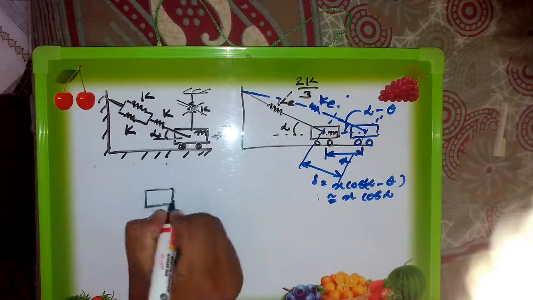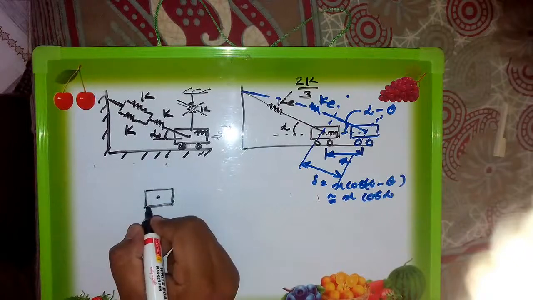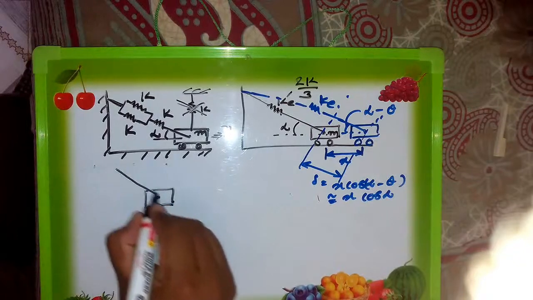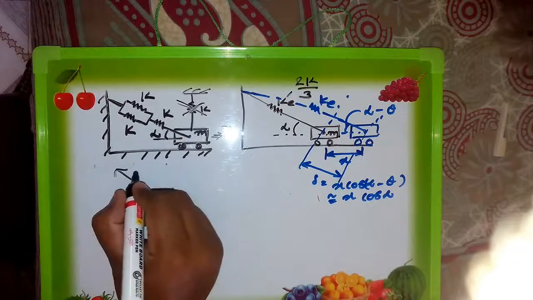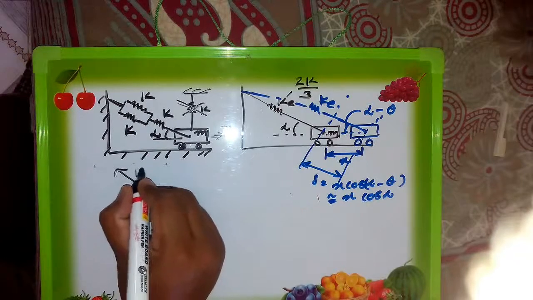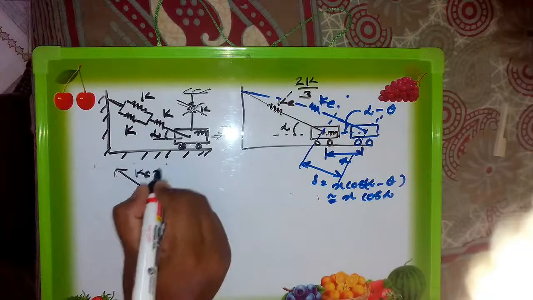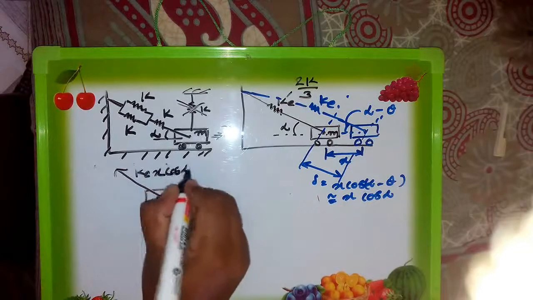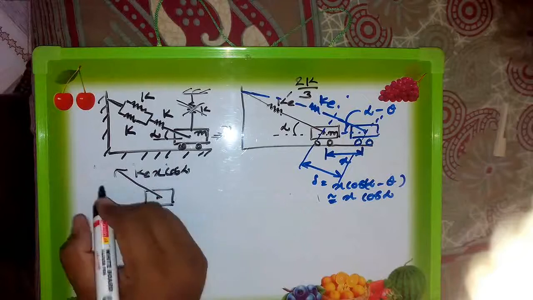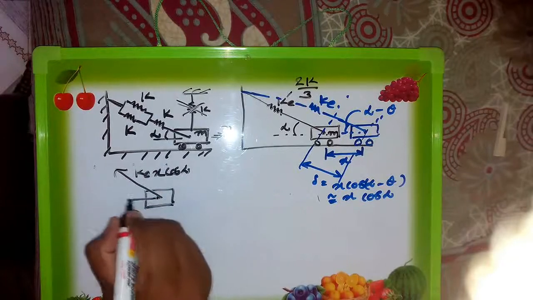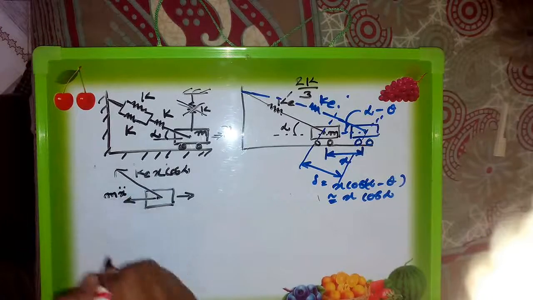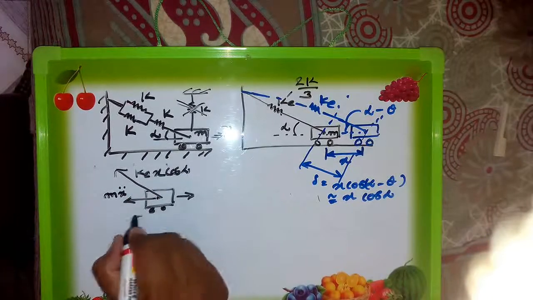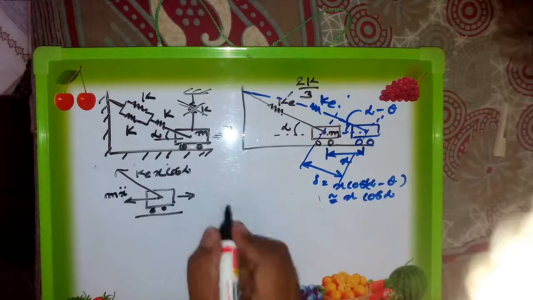Now see, this is a mass, just I have shown in the video of it. Then this is a spring force, this is a displacement. Along this side it will be K equivalent into x cos of alpha. This is a spring force along this direction, and this is the inertia force because this is displaced along this side, so it will be m into x double dot. This is inertia force, you have to provide it, and then it is moving along this side.